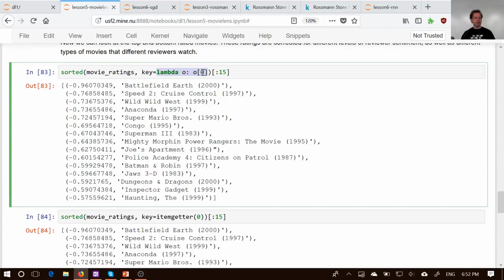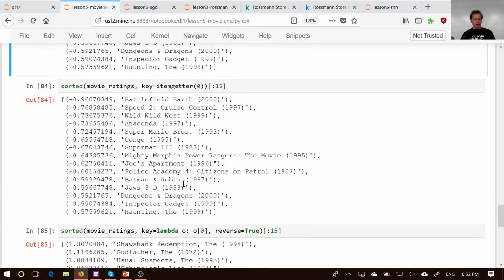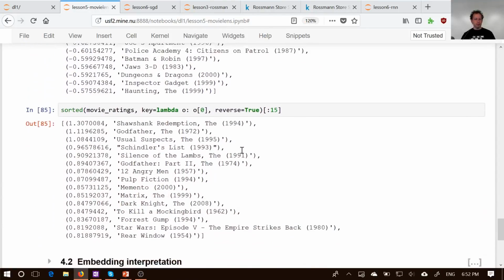So this is a function, okay? And so the sort is going to call this function every time it decides, is this thing higher or lower than that other thing? And this is going to return the 0th element. Okay. So here's the same thing in itemgetter format. And here is the reverse,